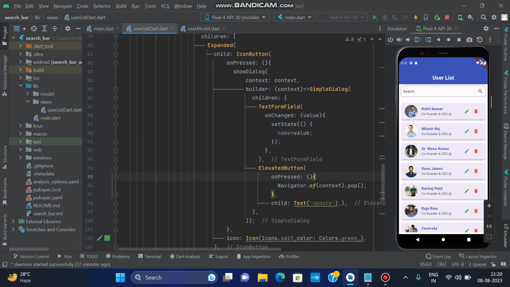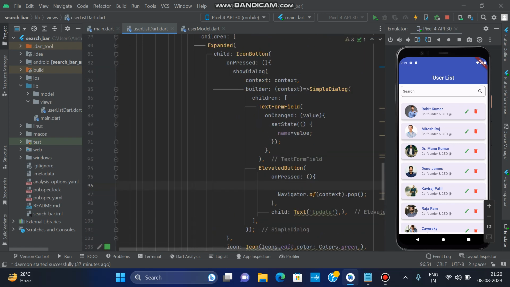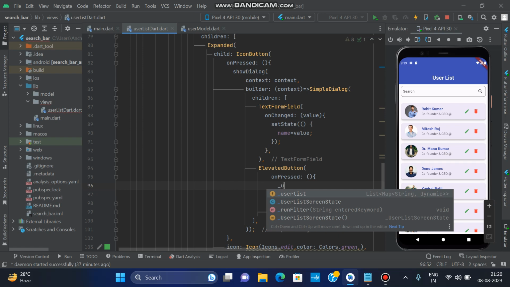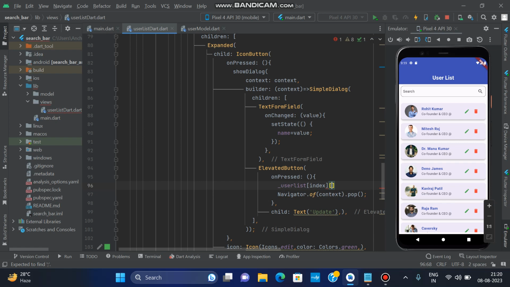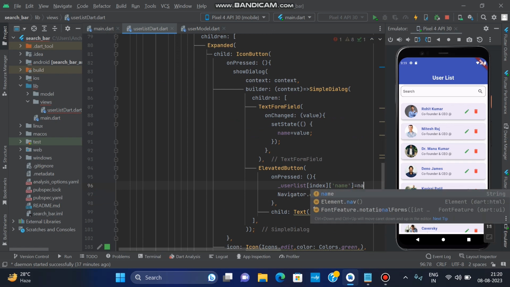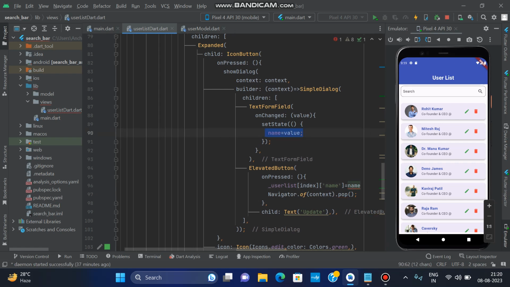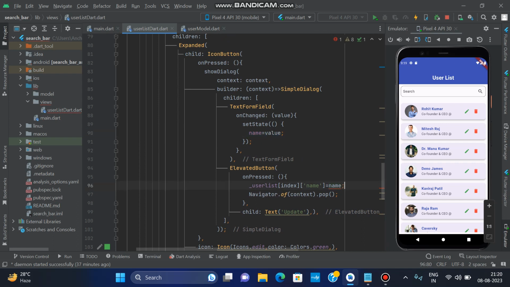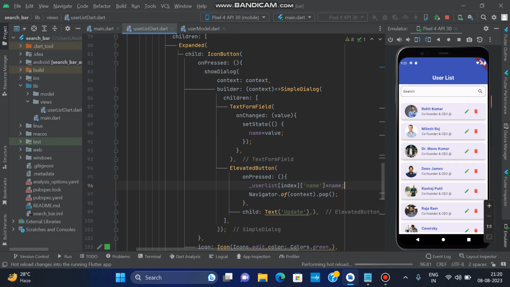So what we do, we simply do here user list index dot update. In user list index, what I want to update is the name, and the given name is what the text field contains. So from this name variable, we want to initialize here. So I think that code is better. Let's